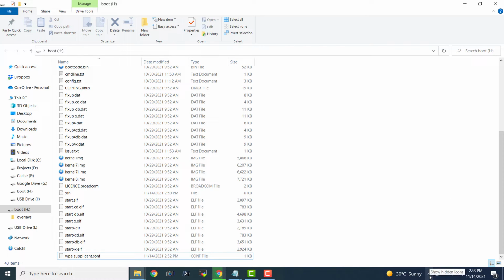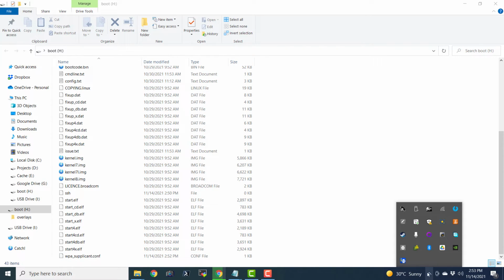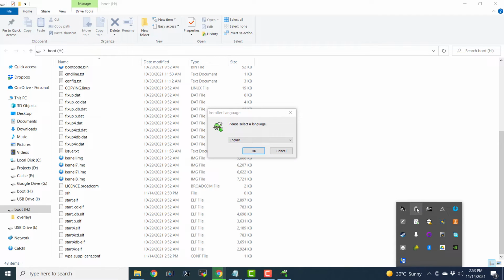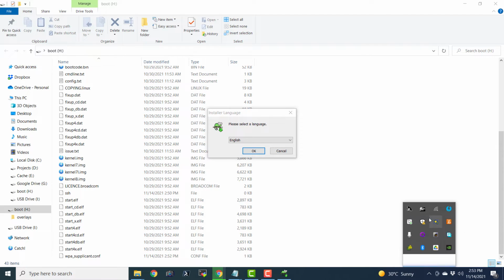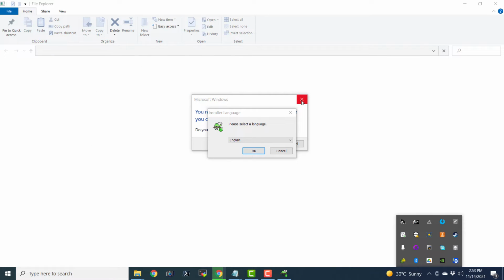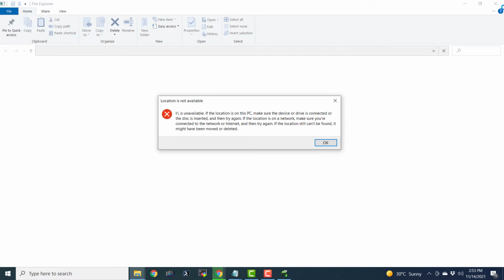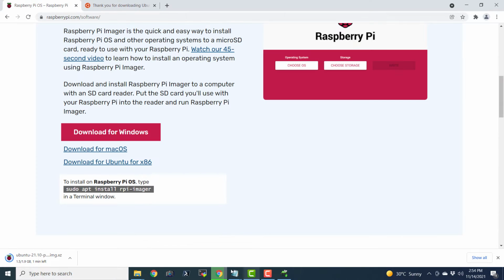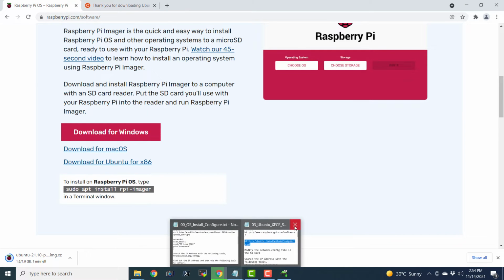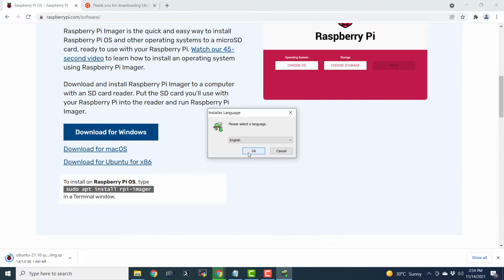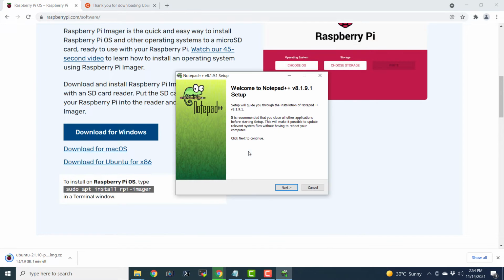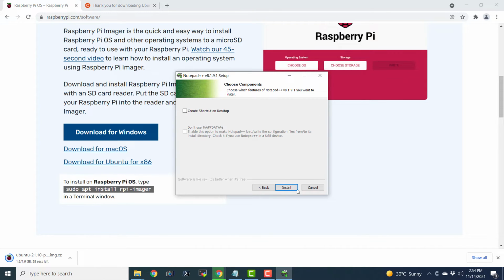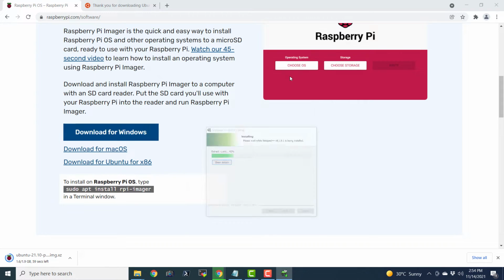And now I'm going to unmount our micro SD card from my Windows computer. Okay, so it has already unmounted that micro SD card. So let me close all the unnecessary windows. Okay, so let me invoke the installer. Let's install the Notepad++ update. It will happen concurrently, so we don't have to worry about it. And let me minimize that.